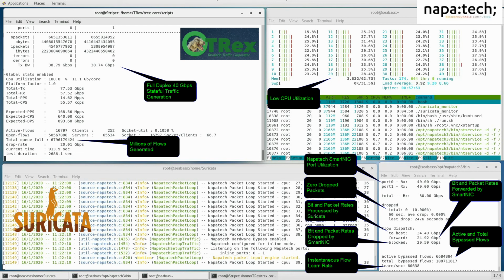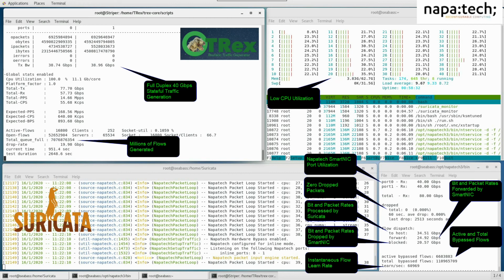But you can see here a snapshot of what we're doing from a flow processing capability. You can see the active flows, the total bypass flows, and the flow learning rate. The implementation on the Napatech SmartNIC allows for up to 2 million flows per second learn rate, and 50 million stateful flows